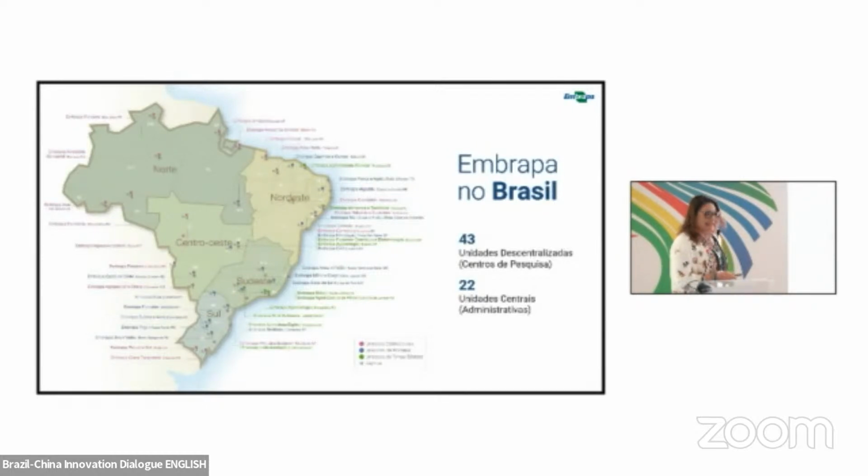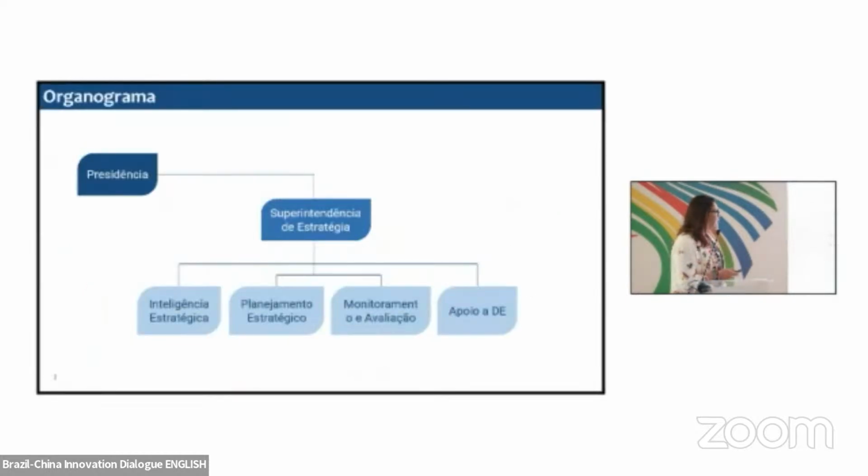In Embrapa, we are 43 centralized units. We are divided in 3 specific subjects: the centers of production, eco-regional centers, and thematic centers. We only have 2 states today that don't have any units of Embrapa, Rio Grande do Norte and Espírito Santo. And in Brasília, we have 22 units that perform in partnership with the research organizations of the states of the country. Then we have the state organizations.